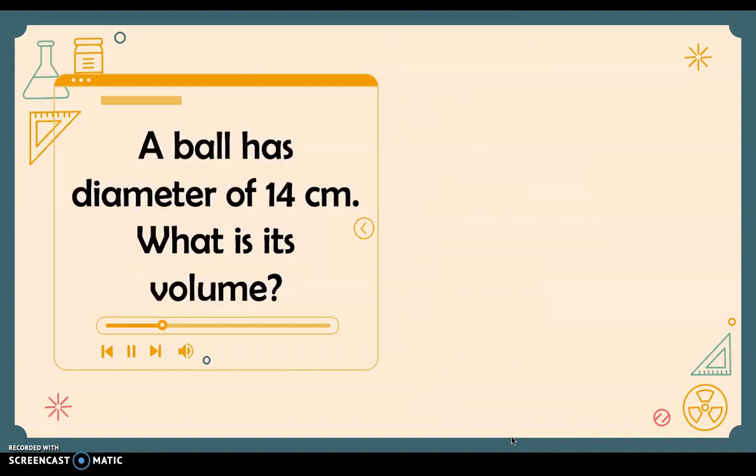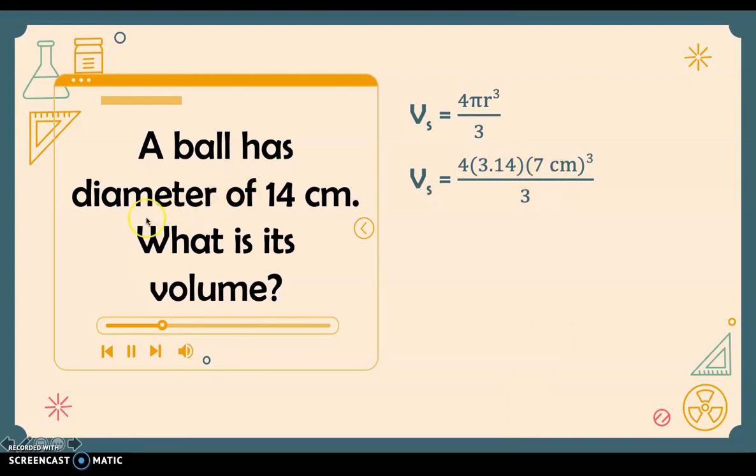Next, we have a ball that has a diameter of 14 centimeters. What is its volume? So using the formula, still the same, 4 pi r cubed divided by 3, we have 4 times 3.14 times 7 centimeters for the radius because the given is the diameter. So you have 7 centimeters and you cube the 7 centimeters. So we answer this first. So 7 times 7 times 7, we have 343 cubic centimeters. Then we multiply these 3 values, our answer is